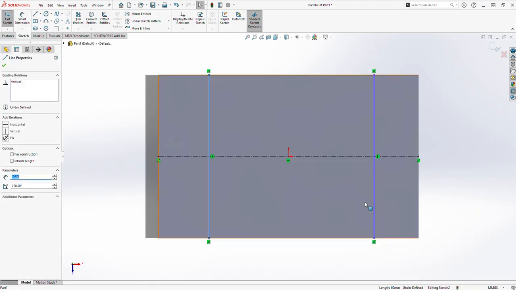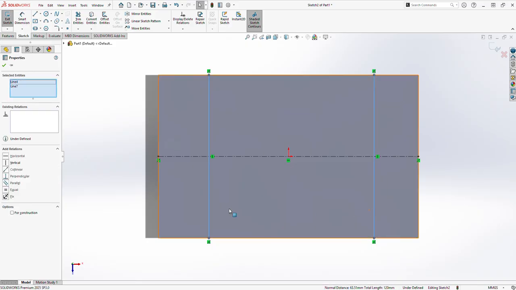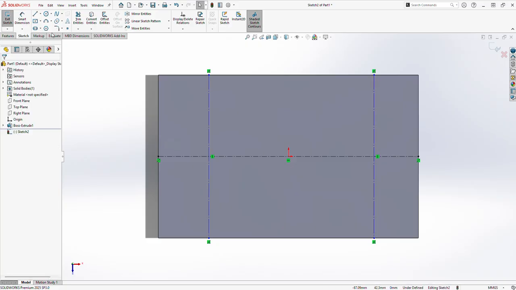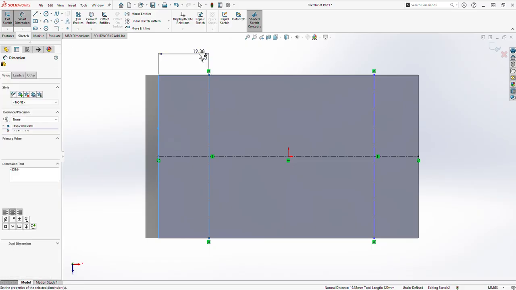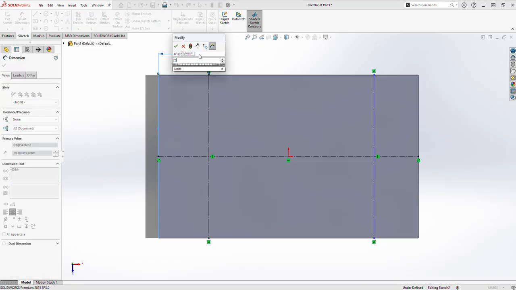Select these both lines and make it for construction, and then go to the smart dimension and make this dimension 23 mm,